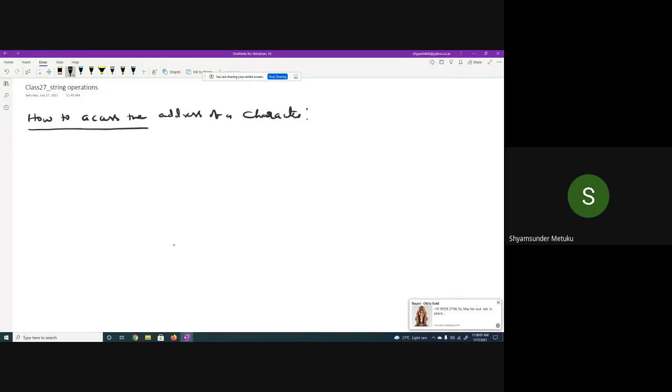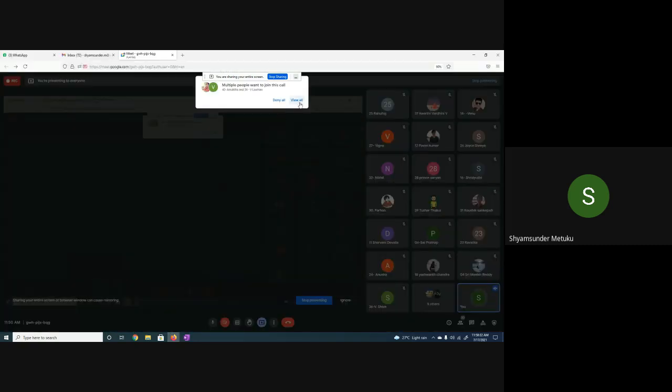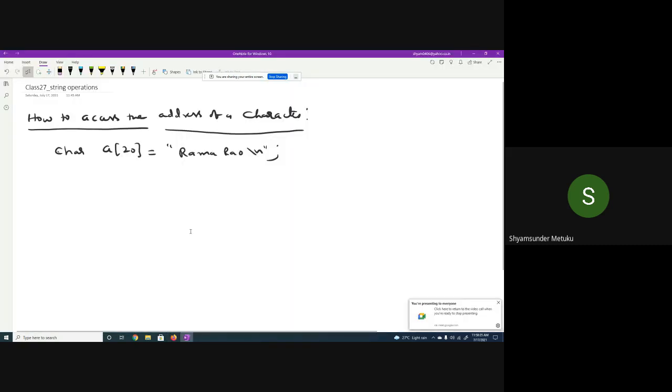Suppose I have char a of 20, then maybe Ramarao. Yesterday I already wrote the same thing, and I am writing it here. How do you access the address of individual characters? Can anybody add something?